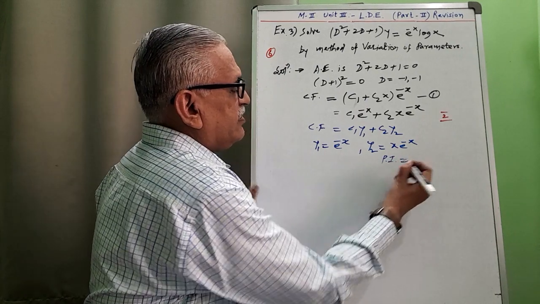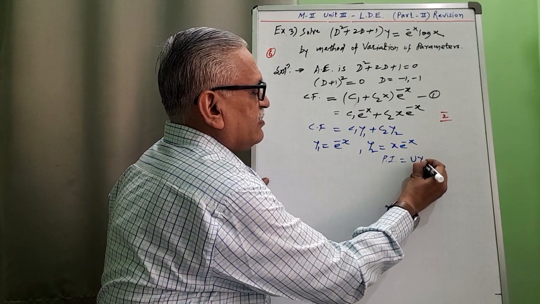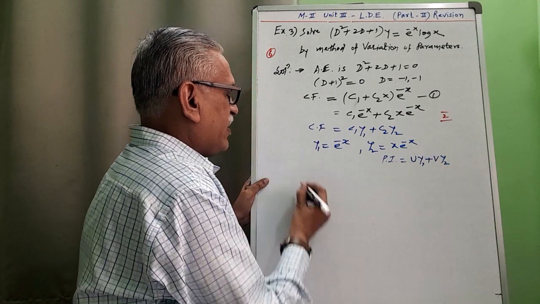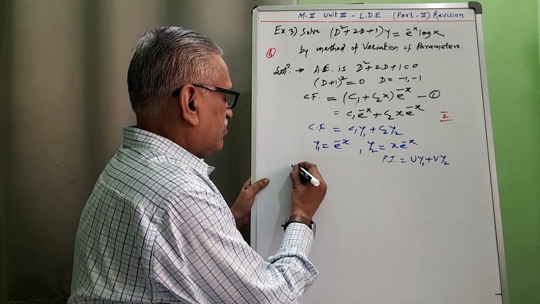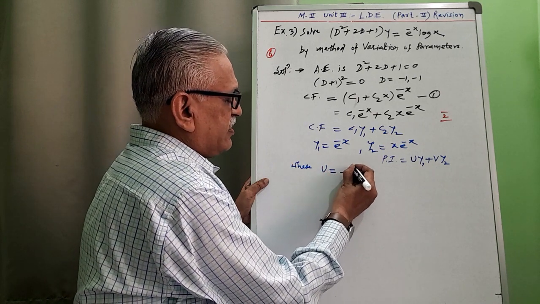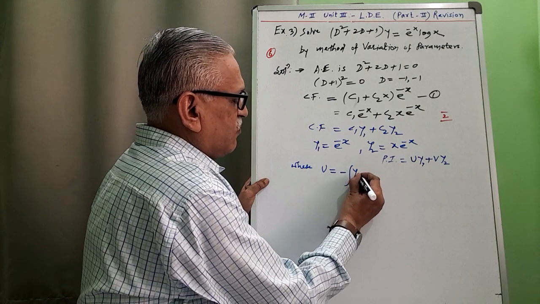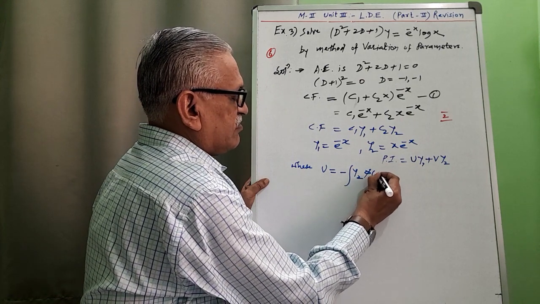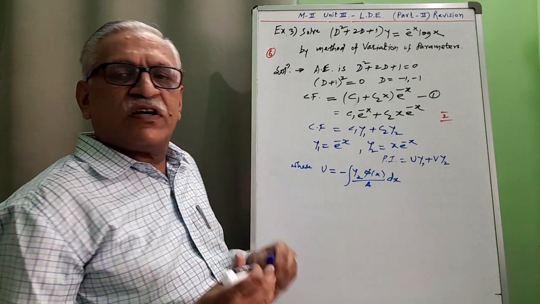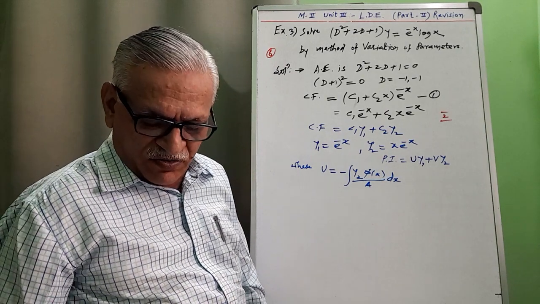Pi is given by capital U into y1 plus capital V into y2, where capital U is given by, or obtained by, minus integration of y2 phi of x divided by e, and then its integration with respect to x. Substituting the values, we get